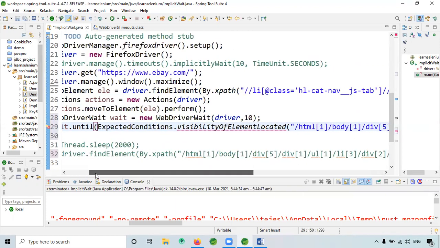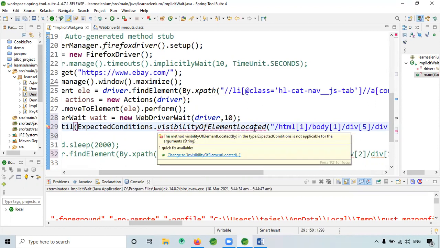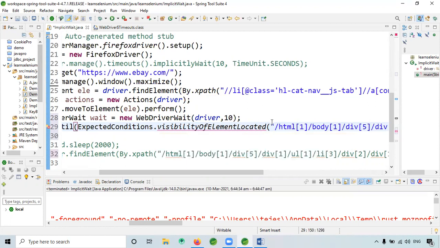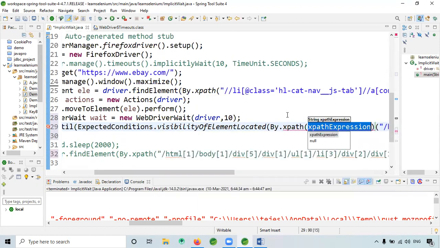ExpectedConditions dot visibilityOfElementLocated. Okay, element located. So after that, within the bracket, again within the bracket, actually here I forgot to mention By.xpath.